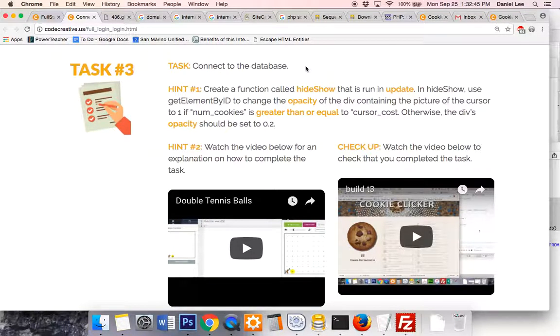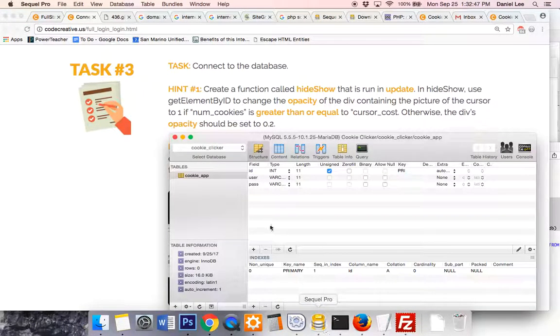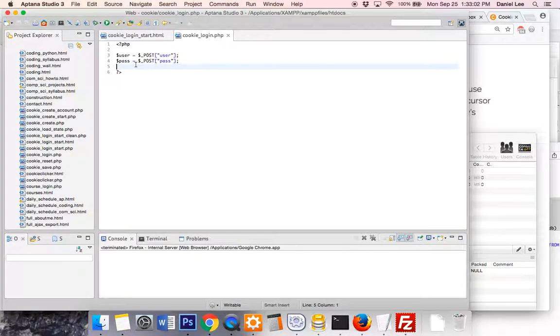So now we need to connect to the database that we created in SQL Pro. And if you remember, the database name is cookie_clicker and the table name is cookie_app. So cookie_clicker is the database that we are going to be connecting to. So we come back over here and we are going to use my